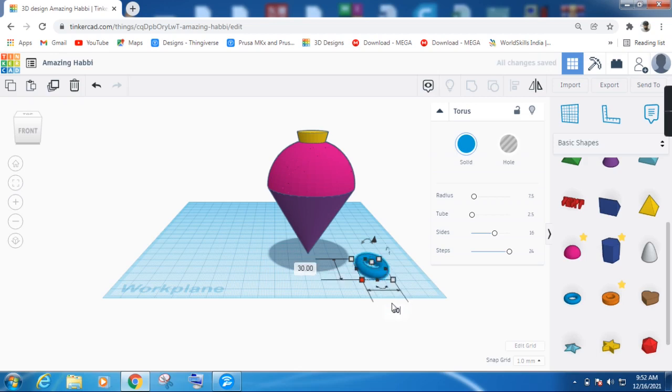Okay, 30, 30. Then what I will do, I'll again hold this black color cone shape, and I will move upward 5 mm. 1, 2, 3, 4 and 5. Okay, now what I will do,